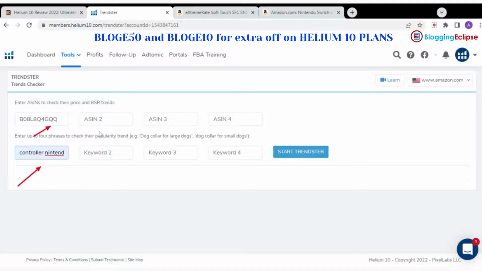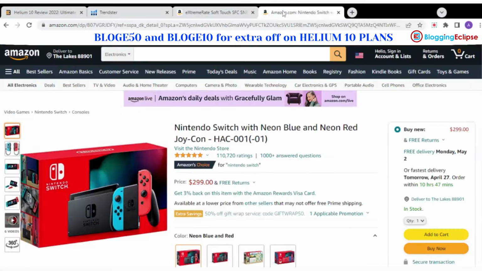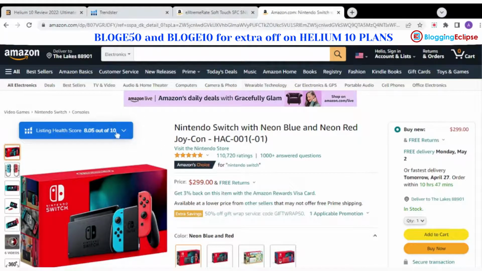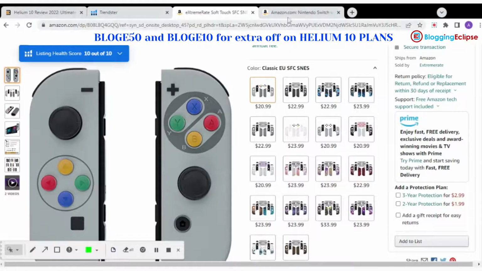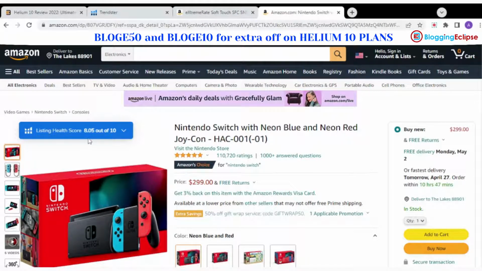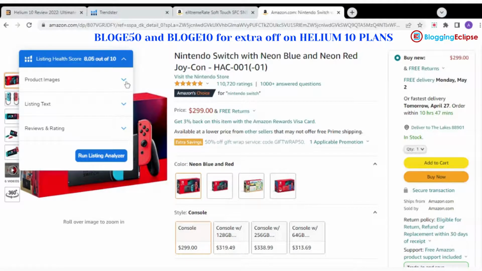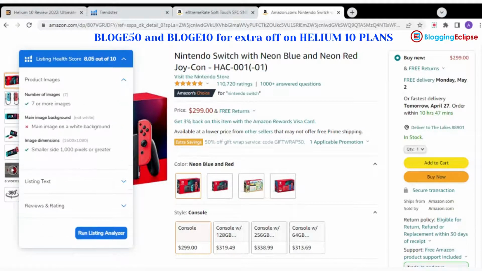I already have this tab open. The last product had a listing health score of 10 out of 10, whereas the Nintendo Switch has 8.05 out of 10. You can check why this product has a score of 8. For example, the number of images used, the main image with a white background is not there, and so on.